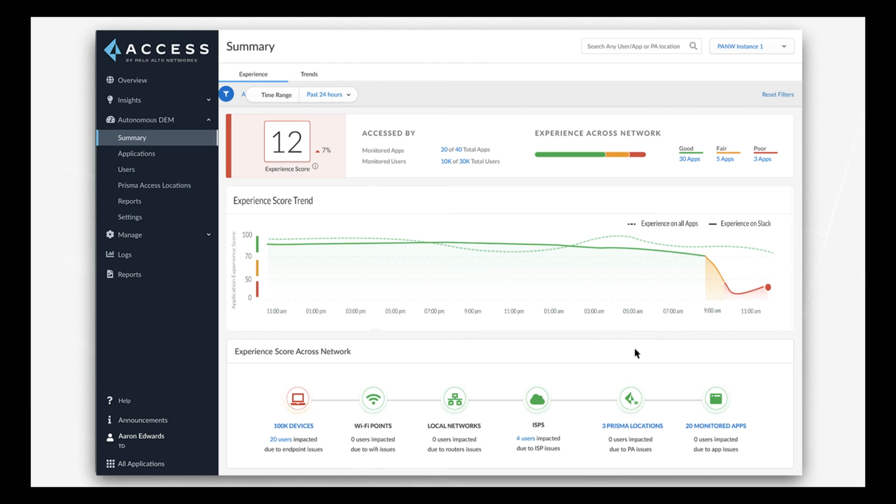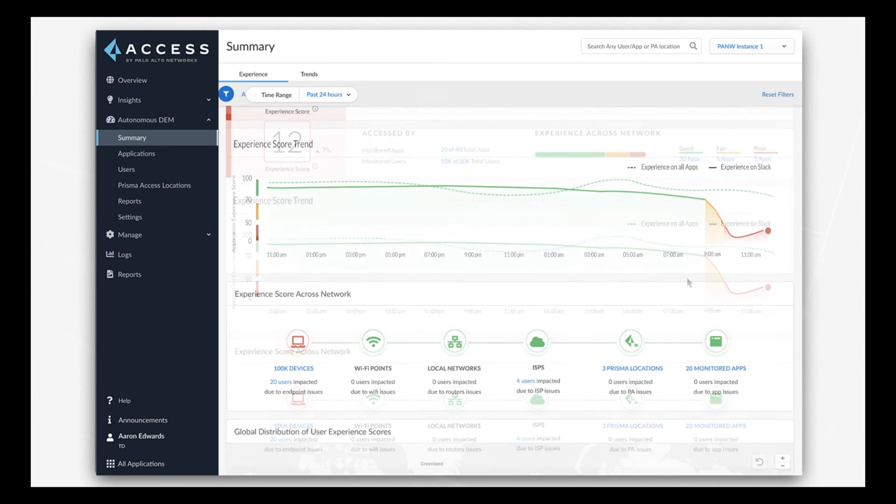When using ADEM, an administrator can come to the summary page to get a network-wide view of the user experience across the entire organization. This page gives you a network-wide experience score, talks about users and applications across your entire network and what their experience is. The summary also shows a network-wide score trend. In addition, if we scroll down,